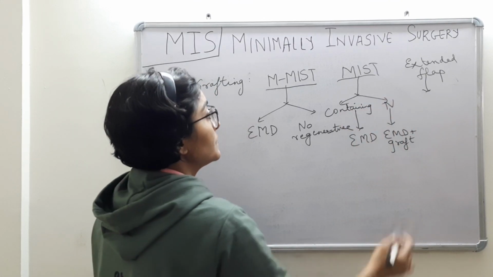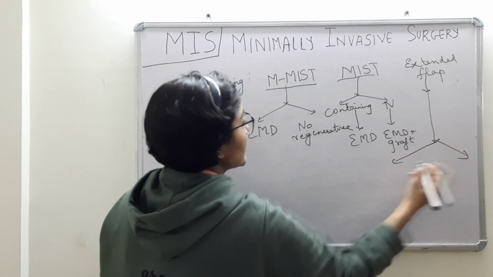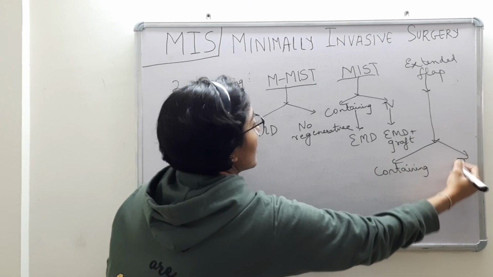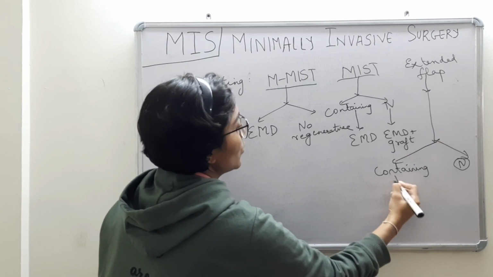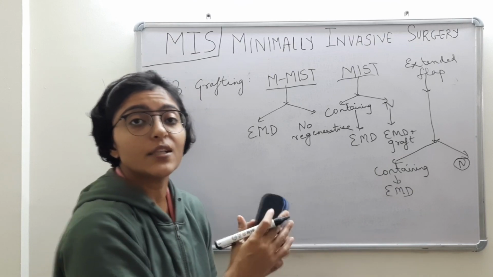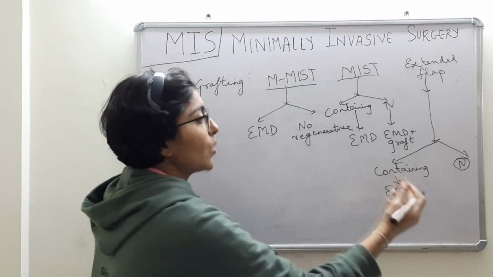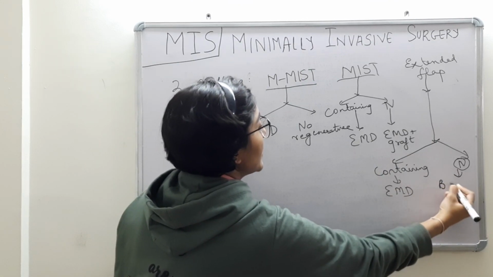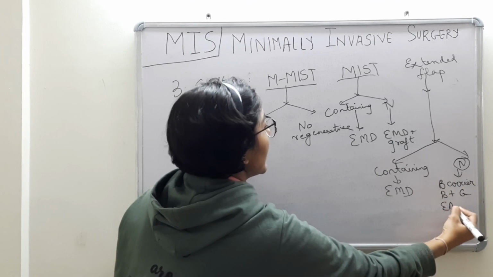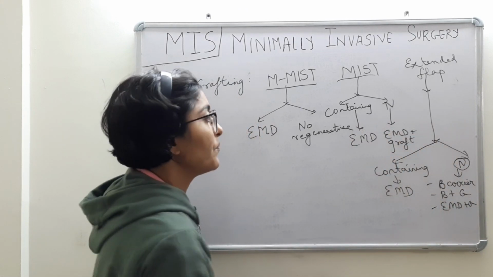Endogen otherwise is gel. So in case of a non-containing defect, the grafting material of choice is endogen plus a bone graft material. Clear? And for the extended flap, again the question asked will be the same: containing or non-containing defect. Again, if it is containing, endogen is the material of choice, but if it is non-containing, remember it involves 3/4 of the root surface or it may be very severe and it is non-containing. So here we may use barriers and graft, or endogen and graft, whichever suitable for the case particularly.